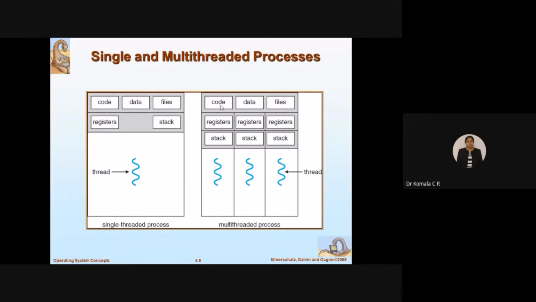Code means here you assume that you have program 1, program 2, program 3, and so on, and the data related to programs 1, 2, 3, and so on. Files, you have file 1, file 2, file 3, and so on. So I need register set 1 for program 1, set 2 for program 2, set 3 for program 3. Same as stack 1 for program 1, stack 2 for program 2, stack 3 for program 3. Fine. So this way you can execute more than one process. This is called a multi-threaded process. So single and multi-threaded. Single means you come across only one set of registers and stack. When you go for more than one, I have to go for multiple sets of registers and